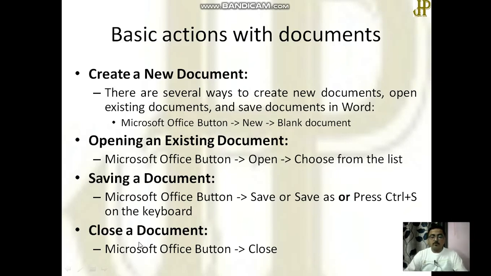Click on the Microsoft Office button and then go to the Close option. Other than this, there are a lot of options to do these things. I am just saying the basic rule.